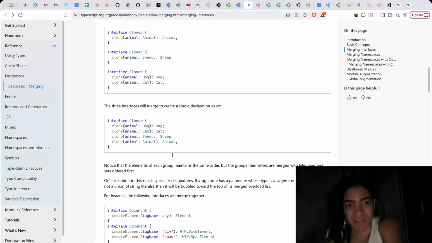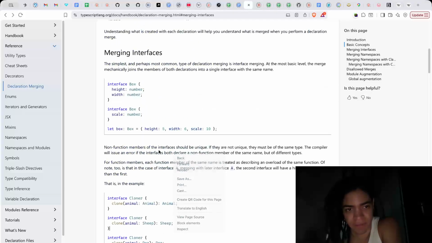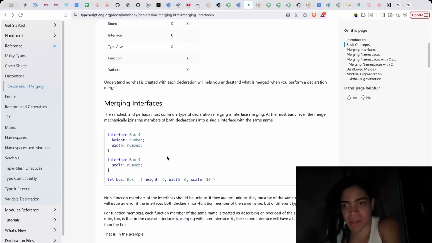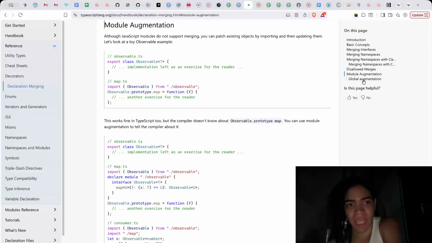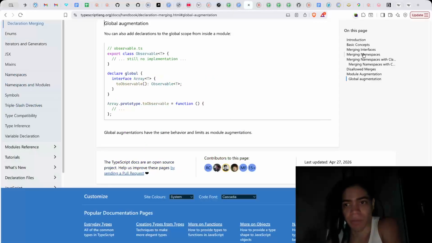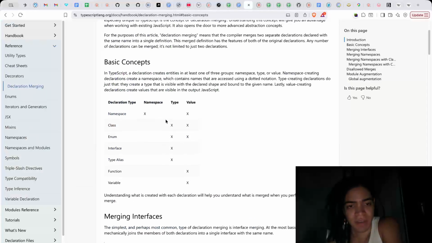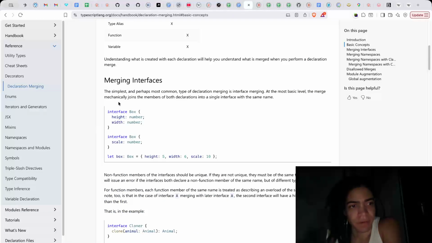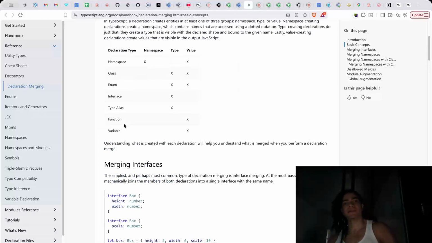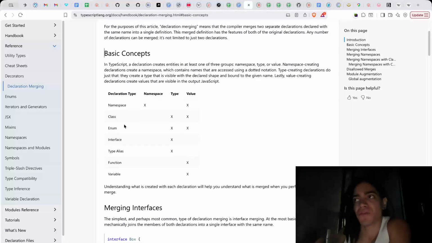So this is one of the behaviors of interface merging, all right. In module augmentations and global augmentations, and the basic concept of this. So that's good for interface. All right, so Typescript, anytime that it finds declarations with the same name,